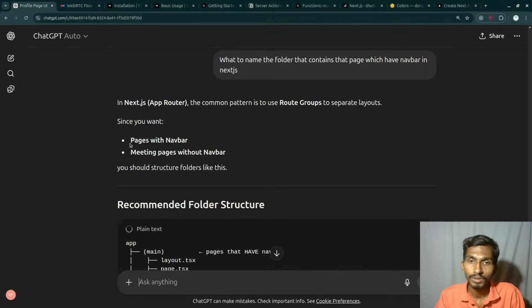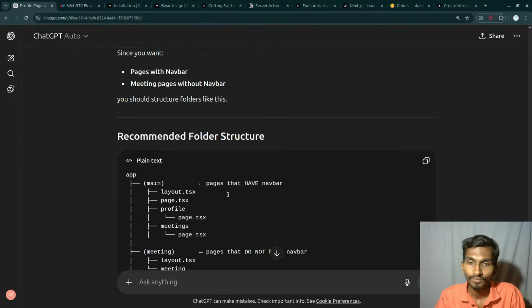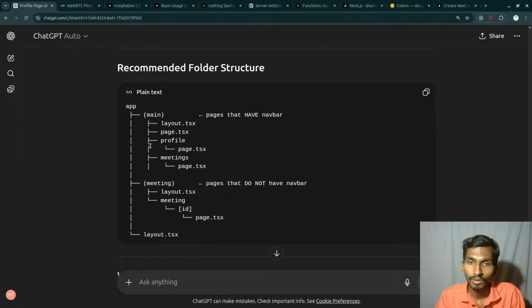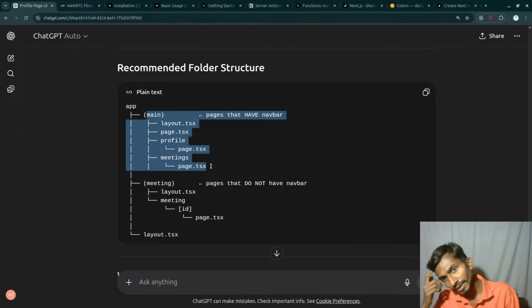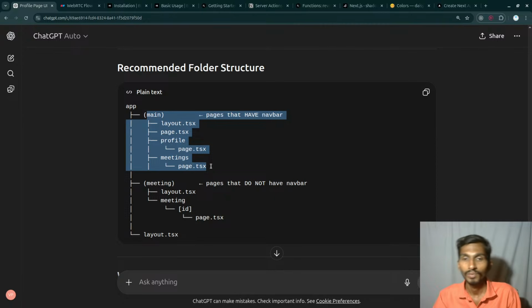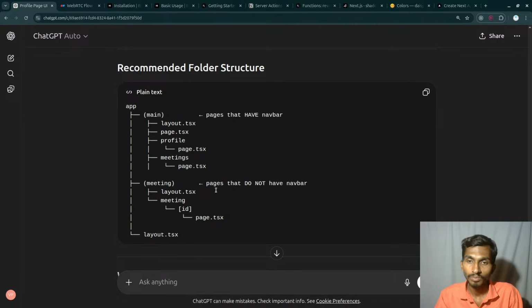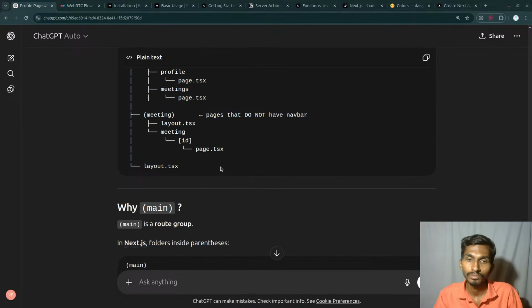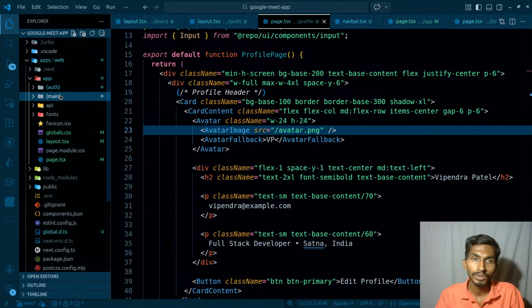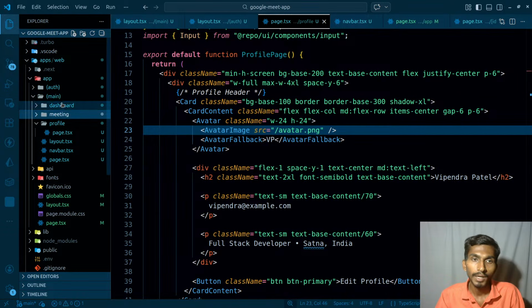So in which pages with navbar, so main, and there are gonna be things like this. Then I can have something called meeting, and that meeting will have the things like this. Pages do not have navbar. That is okay too. So this is gonna be the main, and for meeting